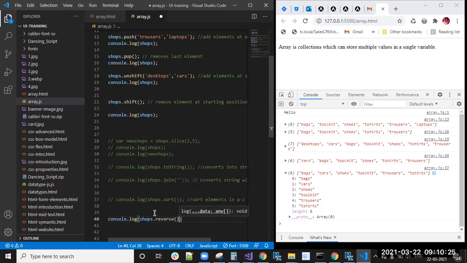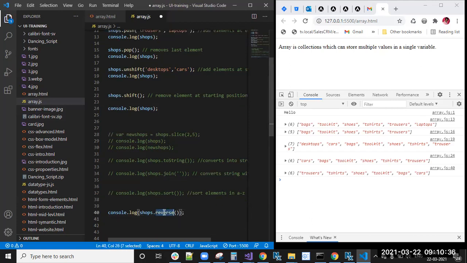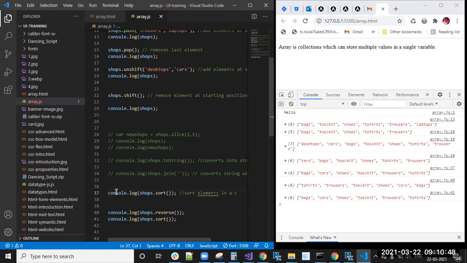Okay, reverse. Now you can see trousers, t-shirts came first, right? Still, the elements are not sorted. But you can sort this one, and we can enable this also. Here B, C, S, T, T, T, right?